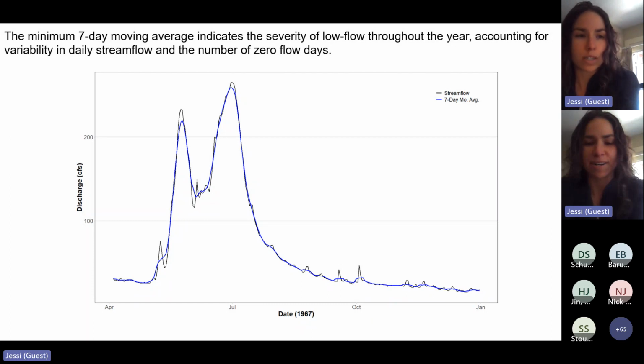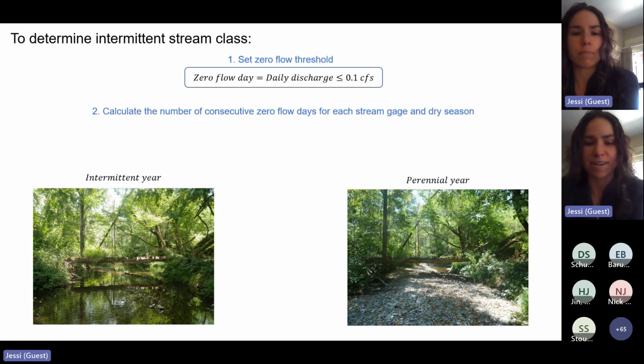And so in order to quantify or classify an intermittent stream, we used both thresholds to understand those, but the 7-day moving average always being 0 in those streams wasn't the best metric. So we used the number of zero flow days to quantify how often these streams are drying, and then what would classify a stream as naturally intermittent. If it dries a certain amount of times, a certain amount of years, then we can say that it is